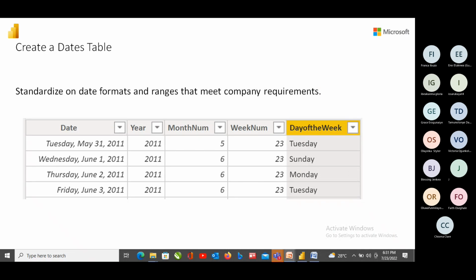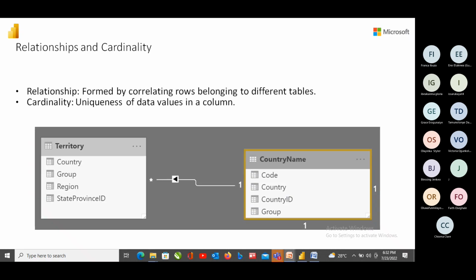We also learn how to create a date table, and in the modeling class, standardize on date formats and ranges that meet company requirements. Also, relationships and cardinality. We talk about that because